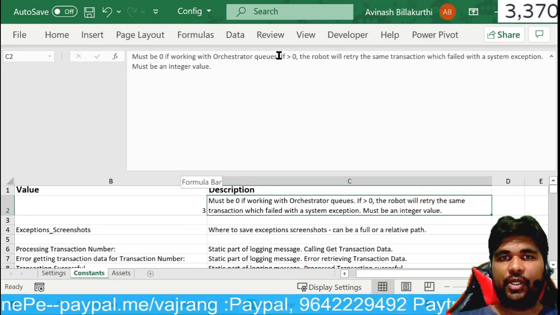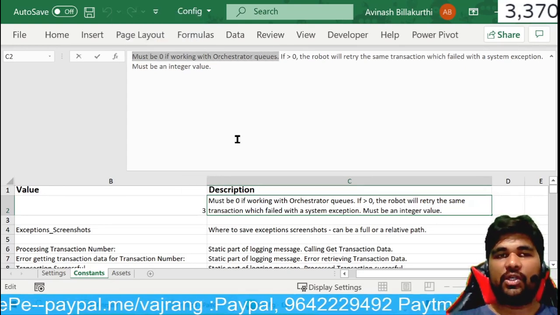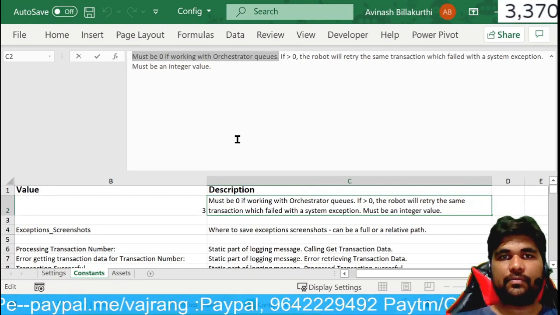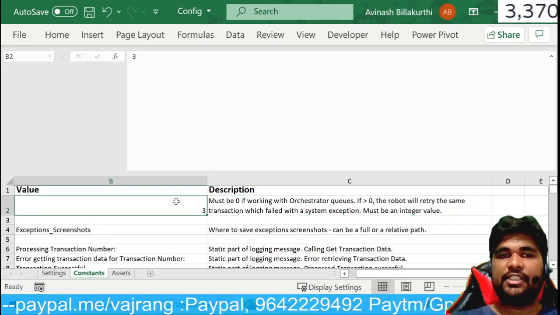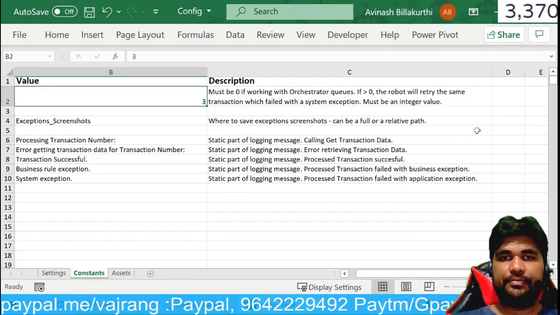What if we are working with queues? What is the number that should be? 0. Even if we don't keep it to 0, this value will be ignored when we are using orchestrator queues.